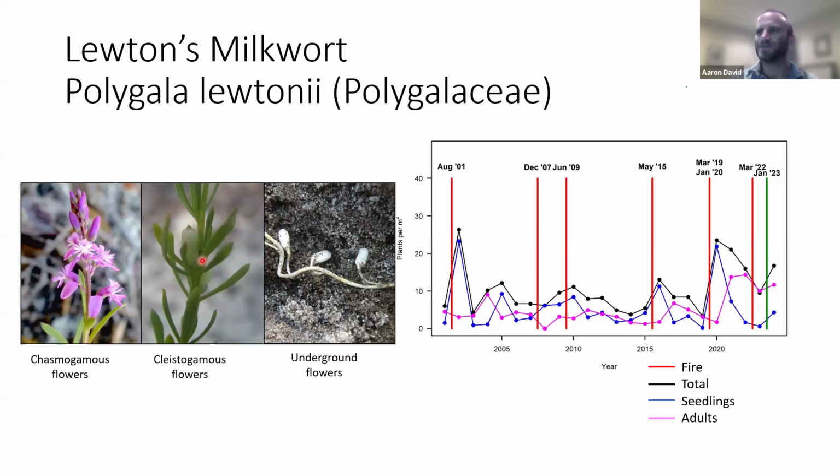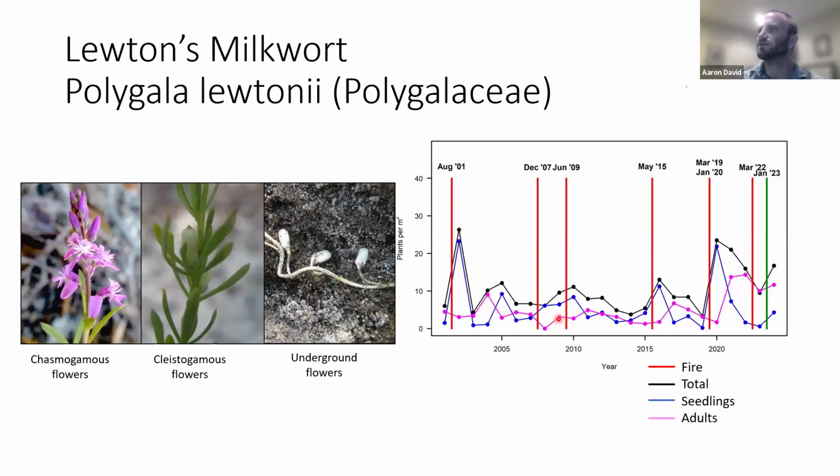And that's not all. They also have underground flowers, which are cleistogamous flowers that don't open, but they're actually found underground. So it has all three of these, with most of the seed production happening in these chasmogamous flowers, which can outcross, and self-fertilization happening in these other flowers. I really just have this to show that this is a species that loves fire. It's found in generally oak hickory or just sandhill type habitats, and usually, but not always, we'll see these bursts after fire.